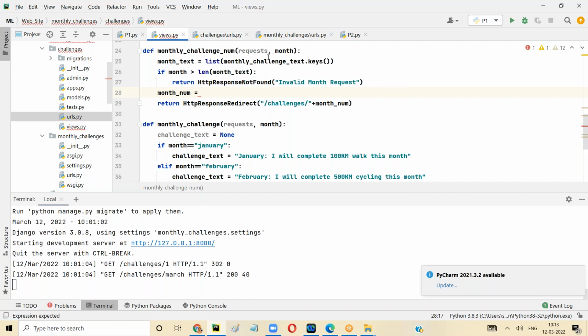Okay, so if you enter 1, it should give the index 0, right? Our monthly text has January, February, and has index 0, 1, 2, 3, 4. So if I enter 1, it should call January, right? If I enter 5, it should call May. But the 5th index is actually June, because indexing is from 0, isn't it? So we have to do